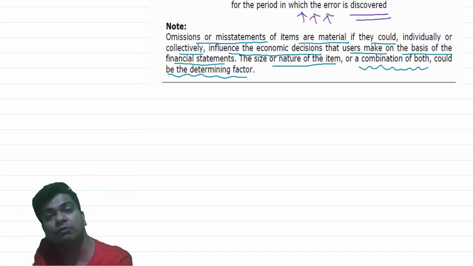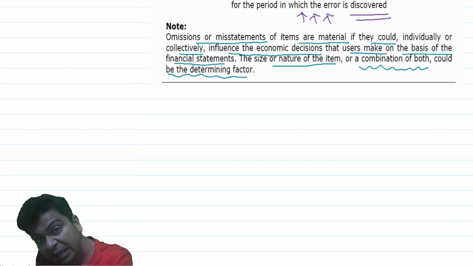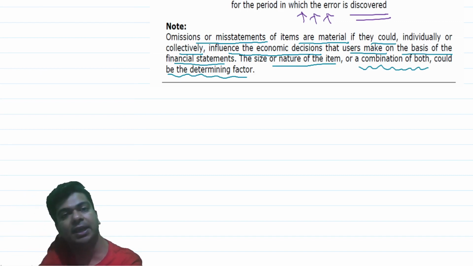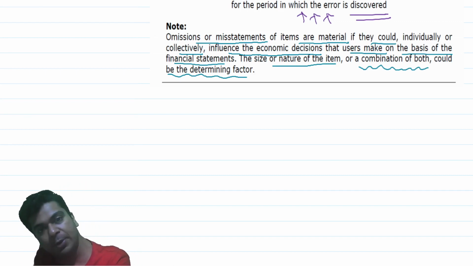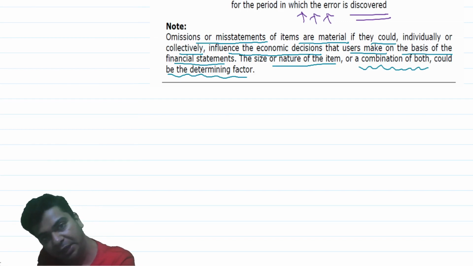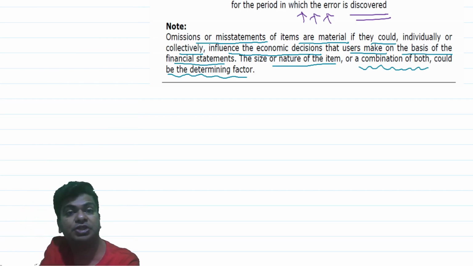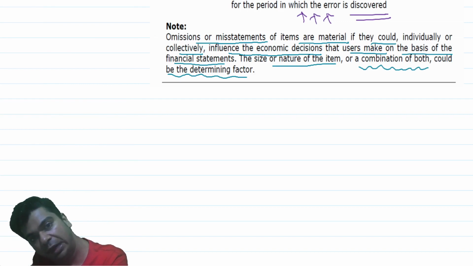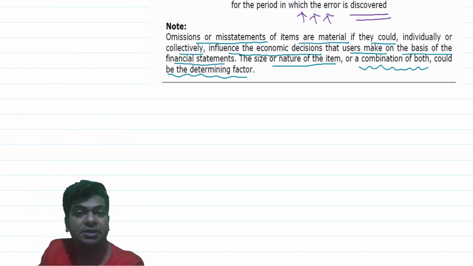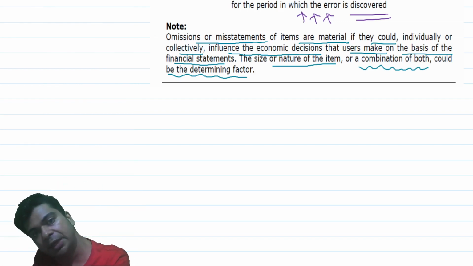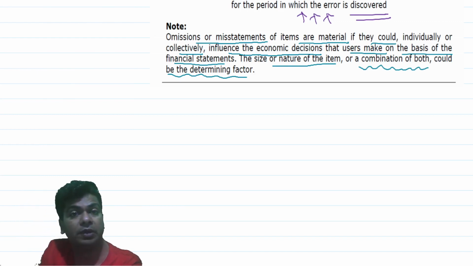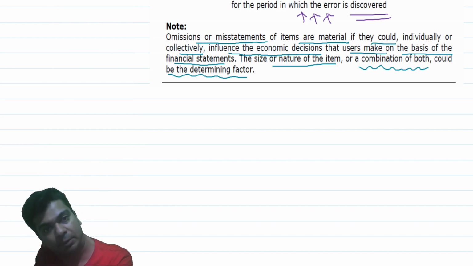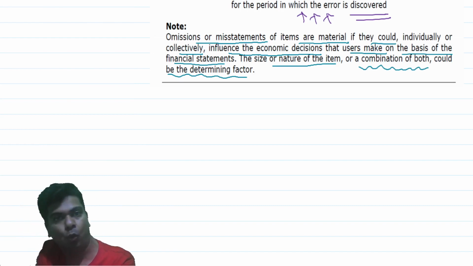I'll give the effect of the prior period errors retrospectively. If it is affecting only the previous year, then no need to prepare a third balance sheet. But if the prior period error is affecting a period before the period for which comparatives are given, then you will have to adjust the assets and liabilities and the items of equity opening balance, and a third balance sheet also needs to be prepared. This third balance sheet is prepared not really as per Ind AS 8, it is prepared as per Ind AS 1.